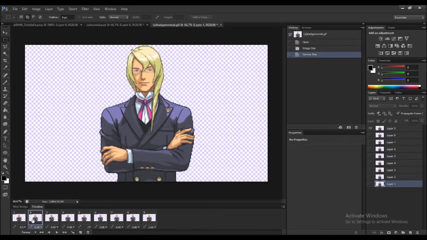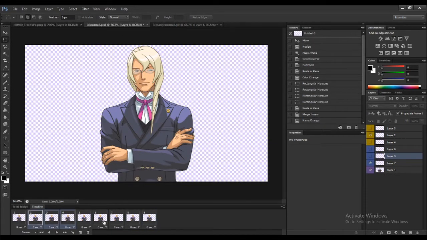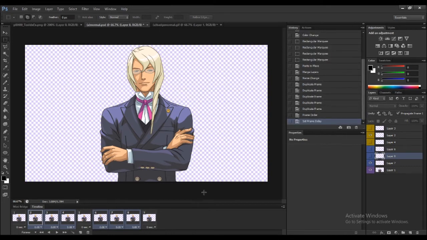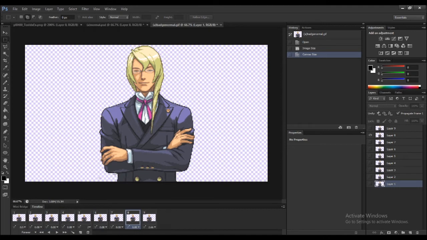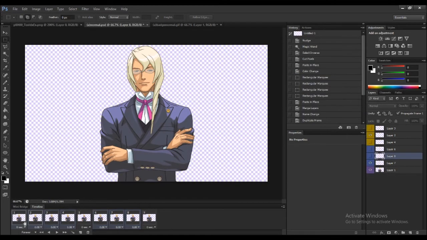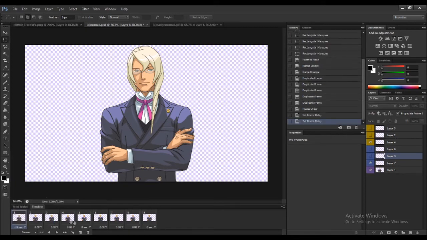So all of the frames where he is in the process of blinking, if you notice, are all 0.08. That's pretty common. You're going to see that consistent across most characters. So I'll just go in here, give them all a value of 0.08. And then 1, 5, and 9 are kind of the delays between his blinks. We've got 0.5, 2, and 2.66. Pretty easy. 0.5, 2,